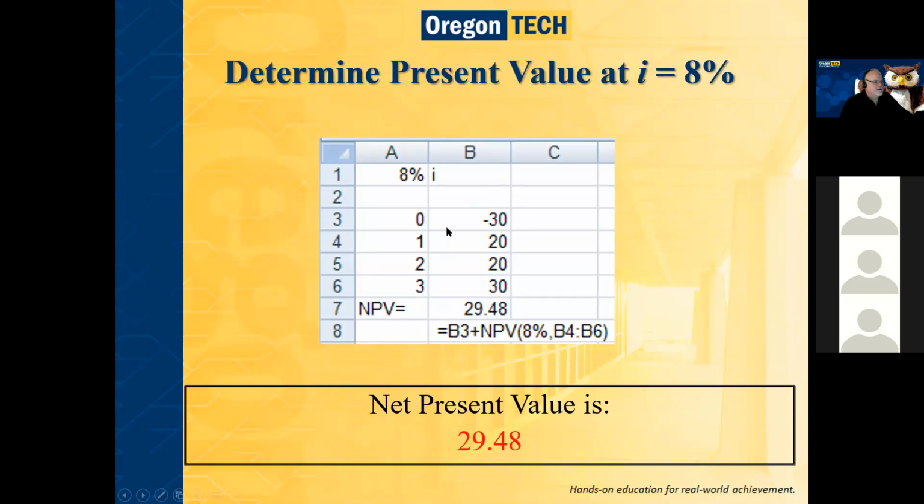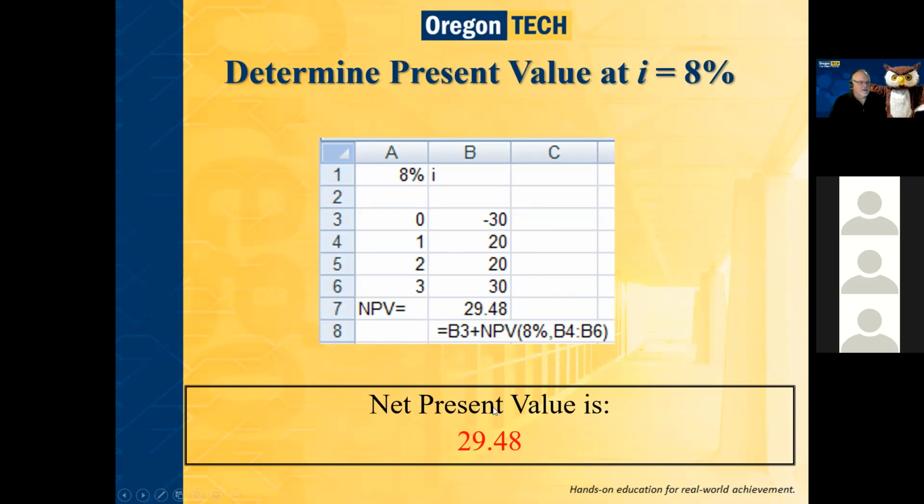So here we have an income stream. We paid $30 out in year 0, and in years 1, 2, and 3, we've got $20, $20, and $30. We have uneven amounts, so it's not an annuity. We can't use P/A or A/P or F/A because we have uneven amounts. So what net present value as a function does is say, highlight all 3 of these years plus the interest rate, and it will give me the value of these 3 payments at year 0, which I then add against the $30 that I paid out in year 0, and that gives me the net present value that they've labeled here,